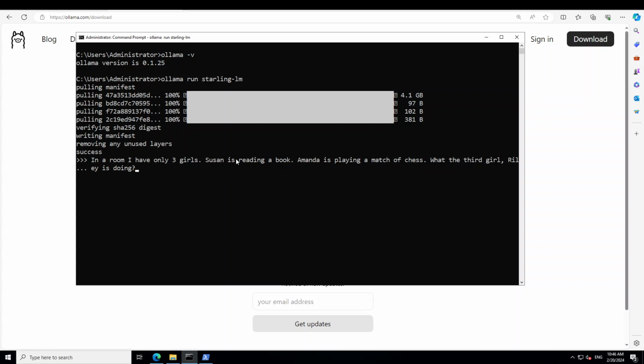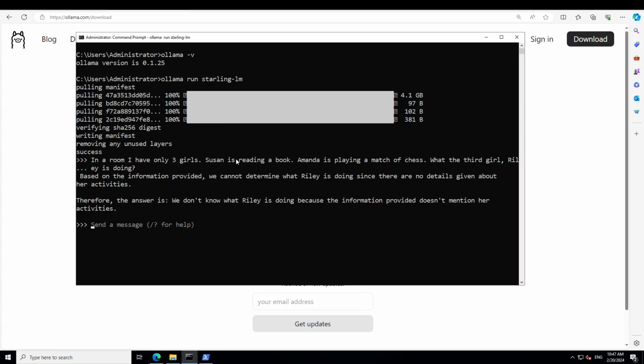Let me ask it this: in a room I have only 3 girls. Susan is reading a book, Amanda is playing a match of chess. What is the third girl, Riley, doing? Press enter. There you go. Now the answer is perfect. It is saying that therefore the answer is we don't know what Riley is doing, because